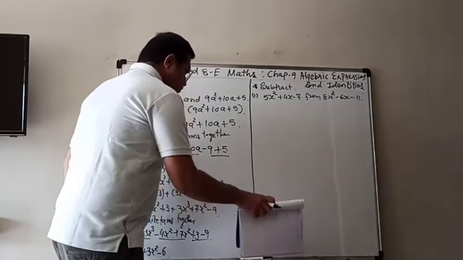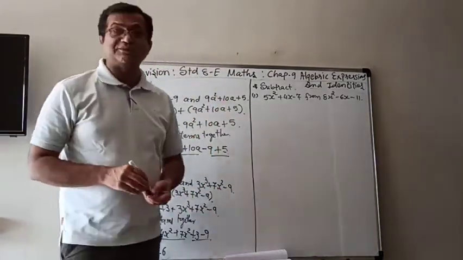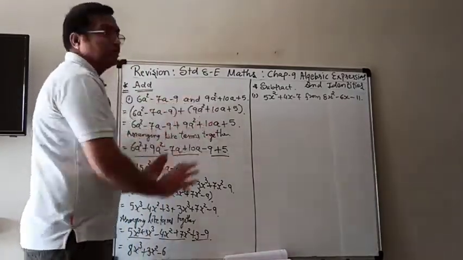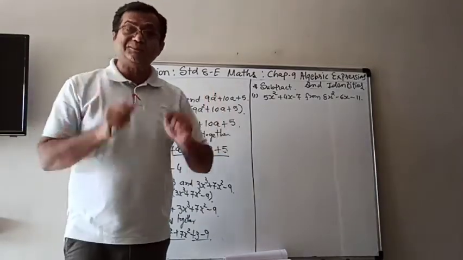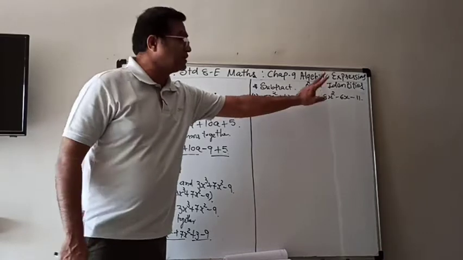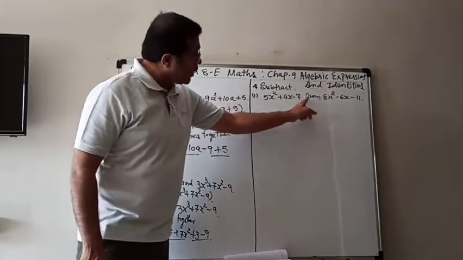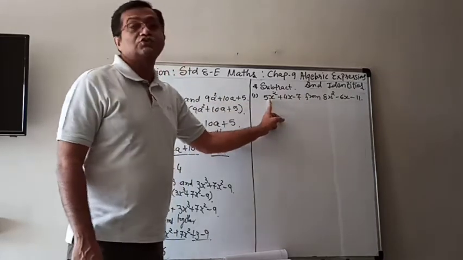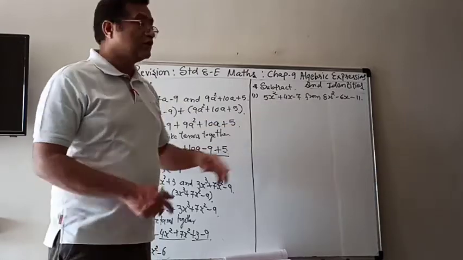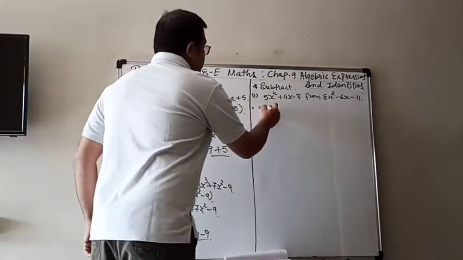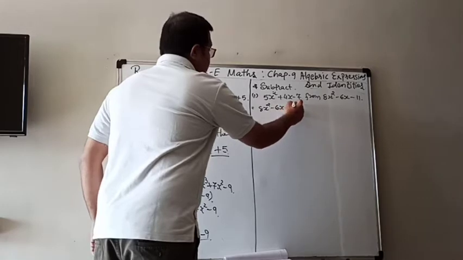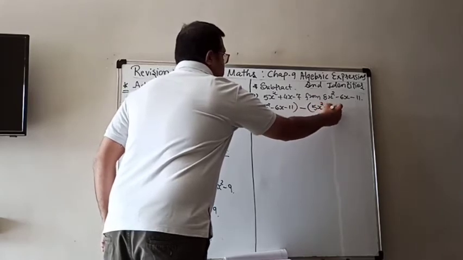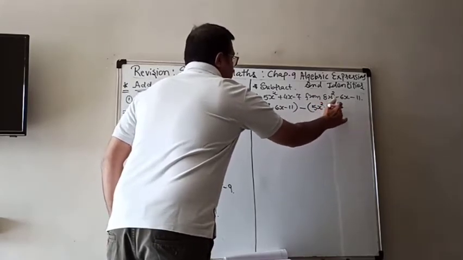So here, the first thing to keep in the mind when there is subtraction is that in addition we write down that one and plus that one. Simple. But when there is subtraction, it is not like that, because we have to subtract this from this. It means that this one will be first, and then minus we have to subtract the first one. So here we will write down like that, 8x square minus 6x minus 11 minus the first polynomial.